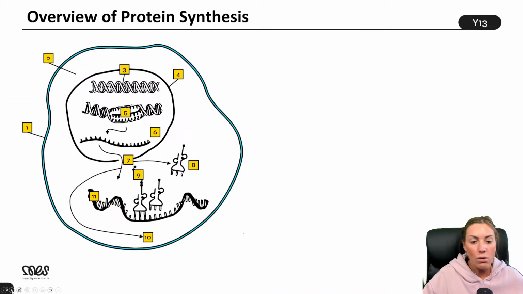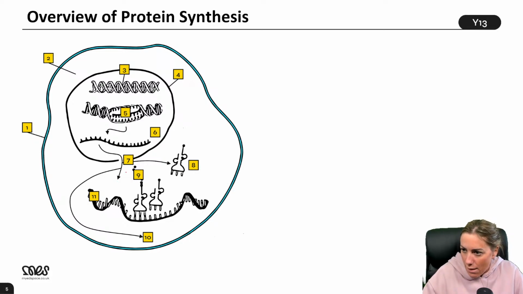Are we ready? Oh, I'd forgotten about this. Before we do that, ignore me. This is a nice activity. This is just labeling stuff. So let's do this first because this is a good little checker. Everything is numbered here. I want you to tell me what you think that number is pointing to. So put the number in the chat and then give me the label.